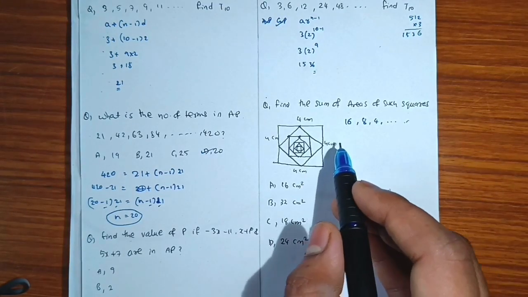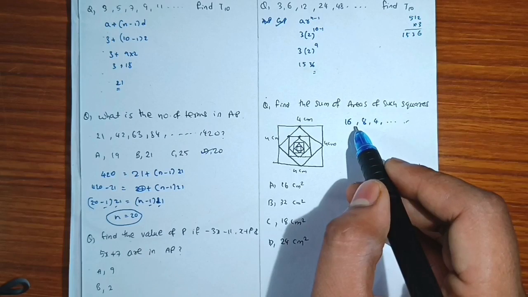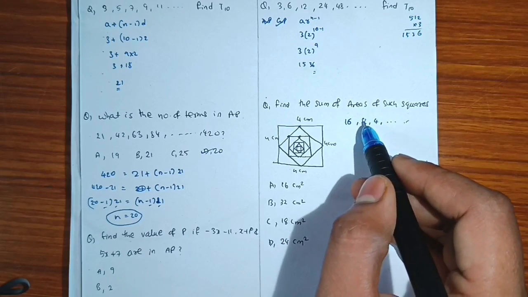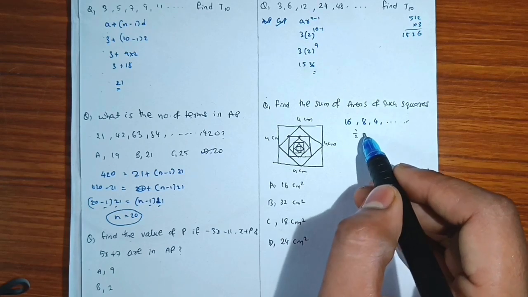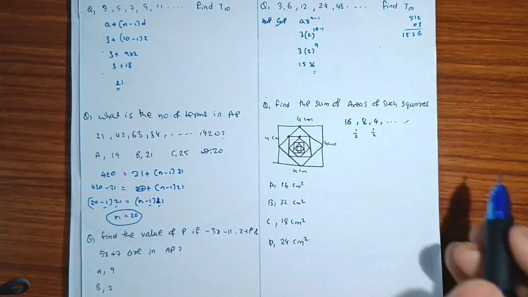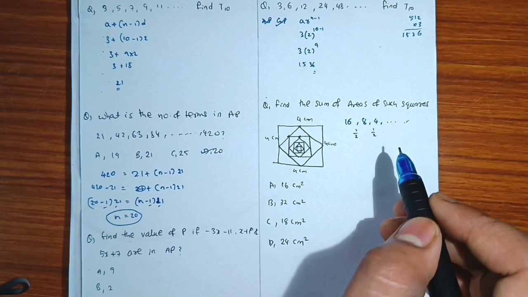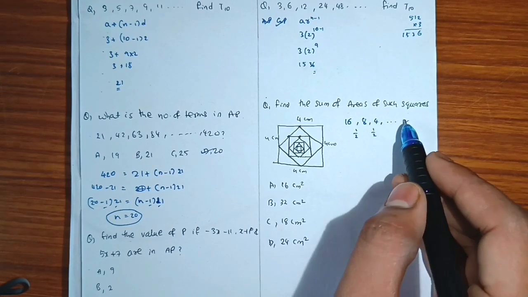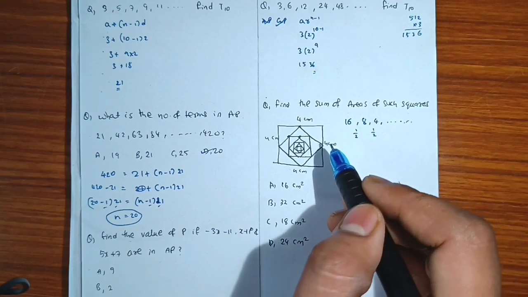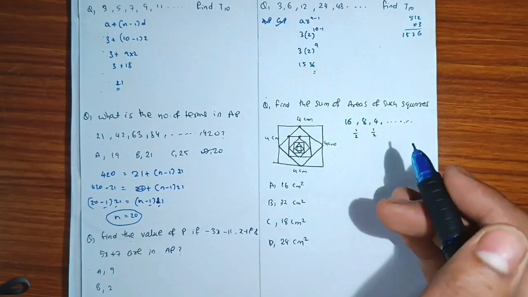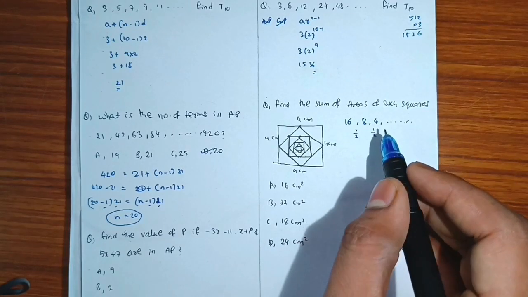So it is in a geometric progression. You can see 16 and 8, the multiple difference is 1 by 2. Again 8 to 4, the multiple difference is 1 by 2. So it goes on infinitely. Since it goes on infinitely, for the sum of an infinite GP we need to use the formula we